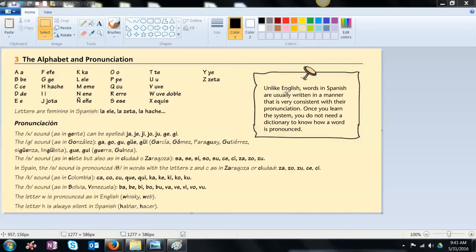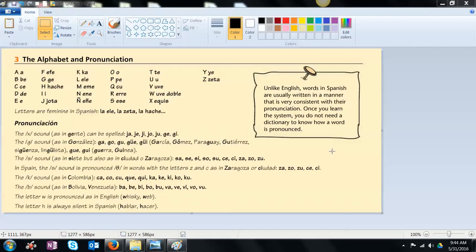Okay, let's look at this note over here. Unlike English, words in Spanish are usually written in a manner that is very consistent with their pronunciation. Once you learn the system, you do not need a dictionary to know how a word is pronounced. So once you learn how to say your letters, pretty much you'll be able to sound out any word in Spanish. There's just a few letters that have similar sounds that might cause you some spelling concerns, but for the most part, once you learn your alphabet, you should be a pretty good speller in Spanish